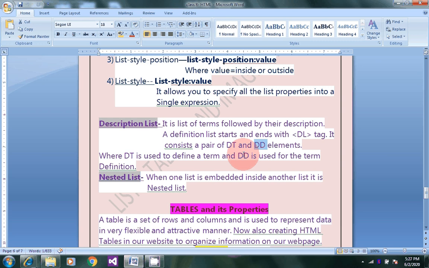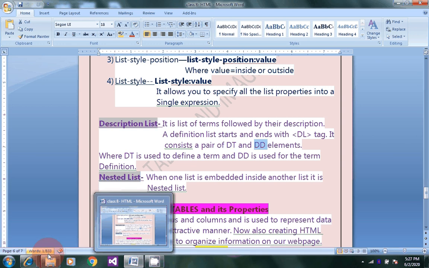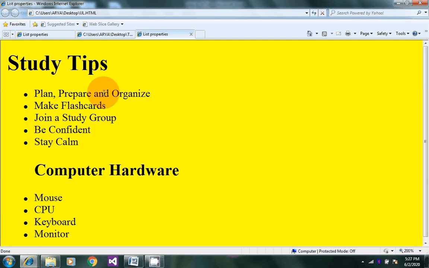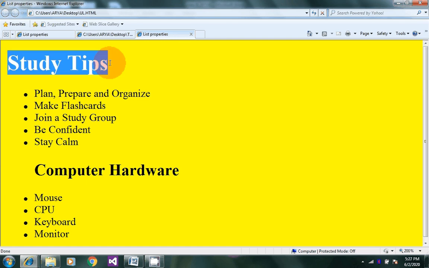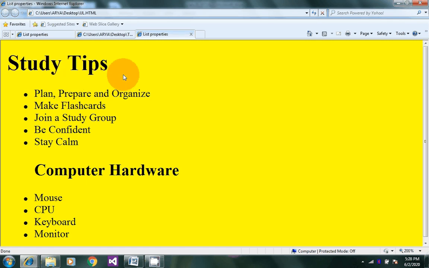So DT is the name of the term and DD is the definition of that term. All of you see here, in this study tips, the heading of the first list is the study tips. So it is called the DT that defines the term. It means study tips is the DT, that is the term that defines the term, and after